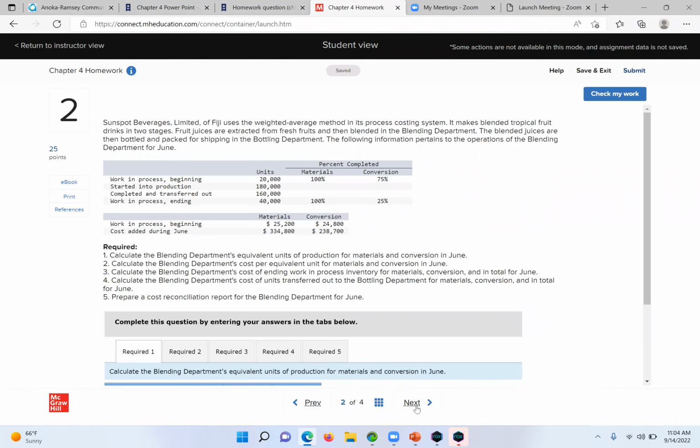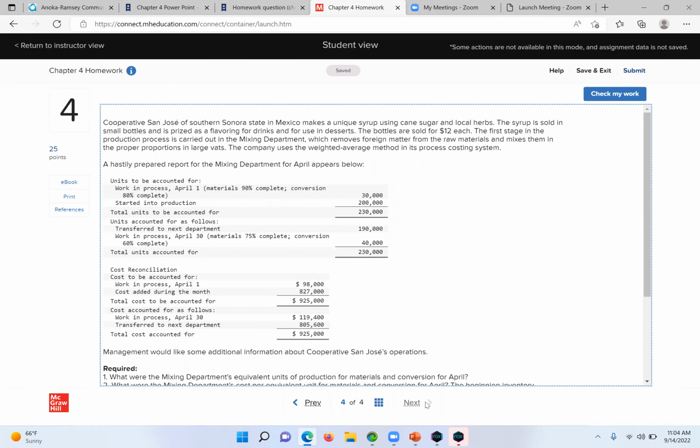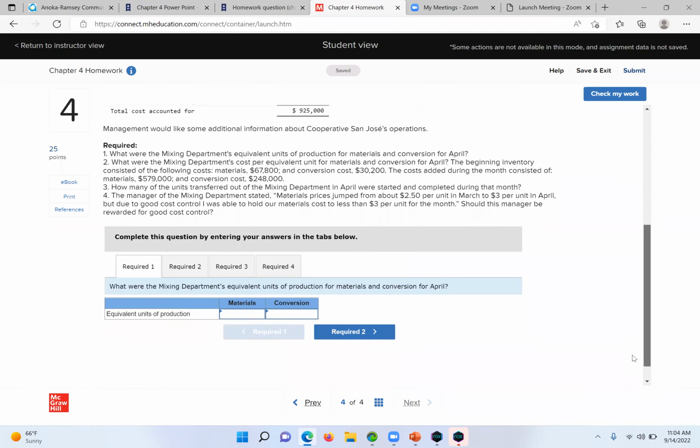It's the same thing. You're just going to do a cost reconciliation. This is about preparing journal entries, similar to what we've done here. And then last, this one,